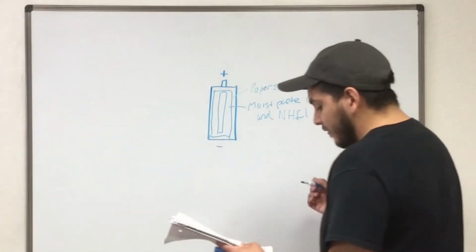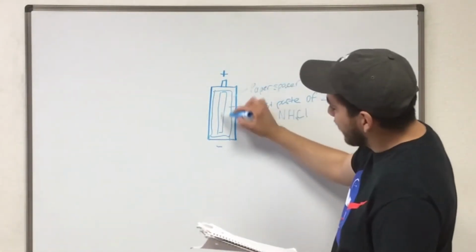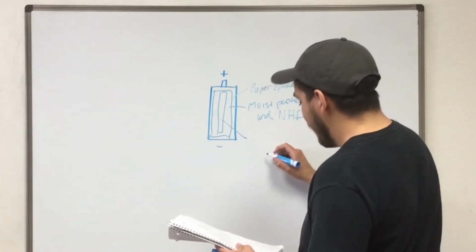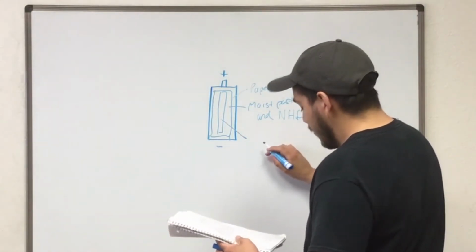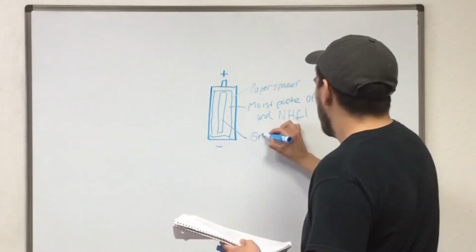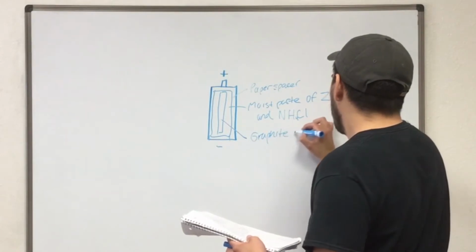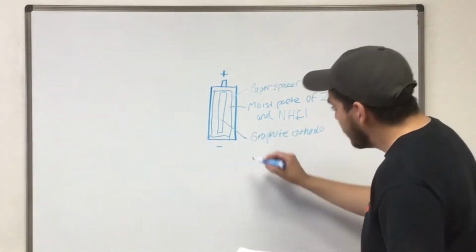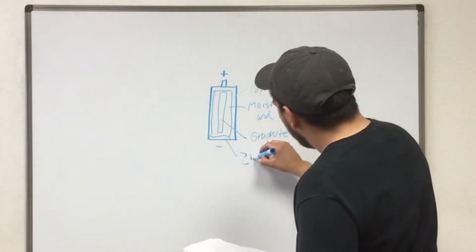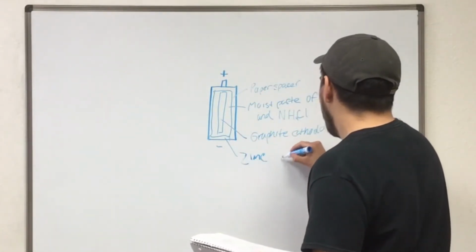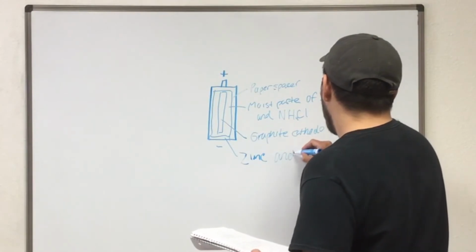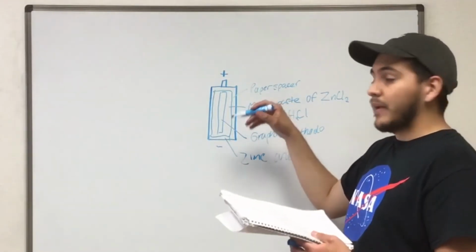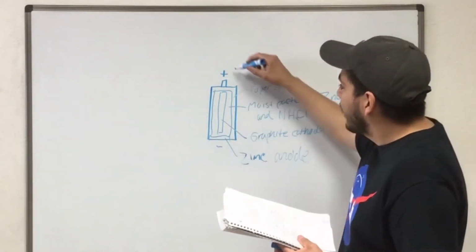Okay, and the next is this right here, the little tube in the center. It's a graphite cathode. Okay, and the bottom right here, it's a zinc anode. Okay, and the combination of all these different types of chemicals is what gives you the electricity when you go ahead and put this little battery